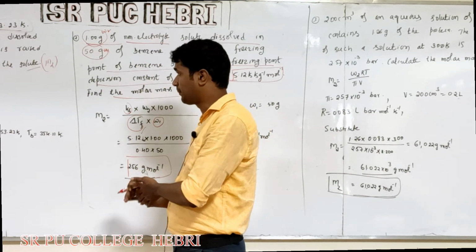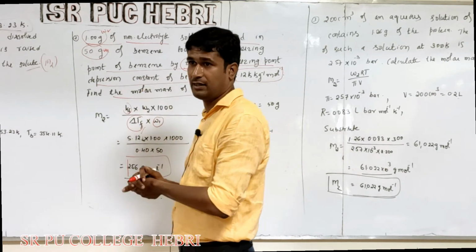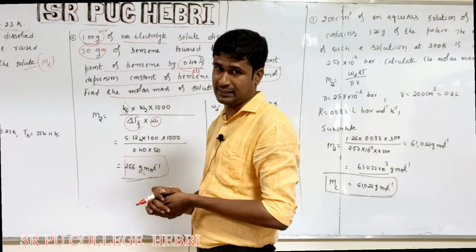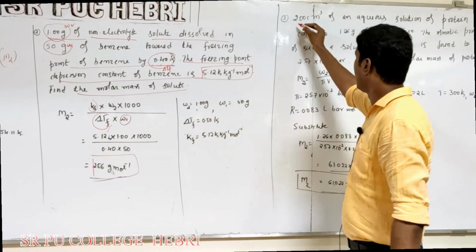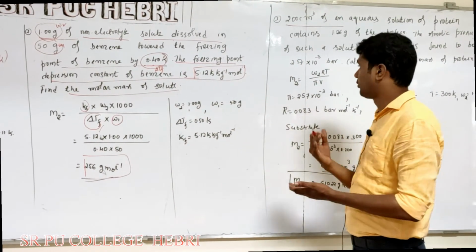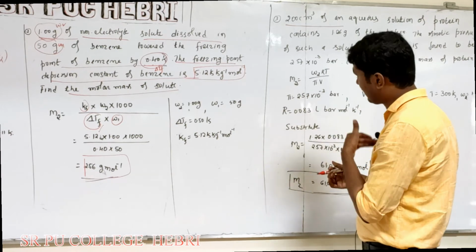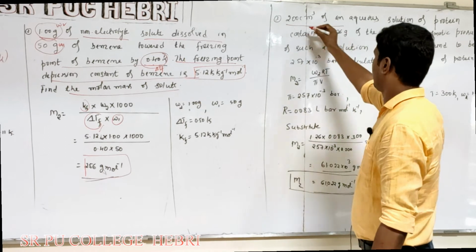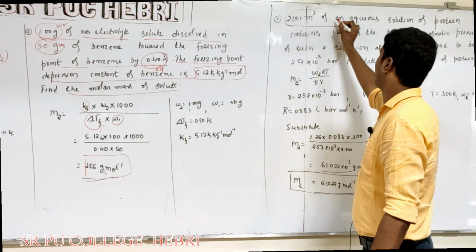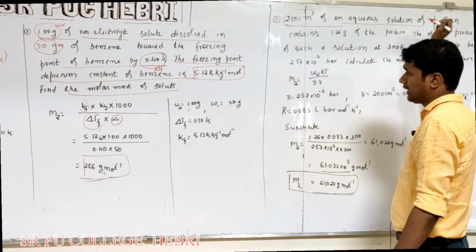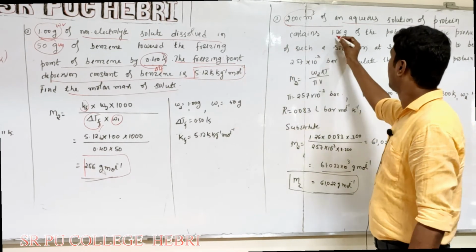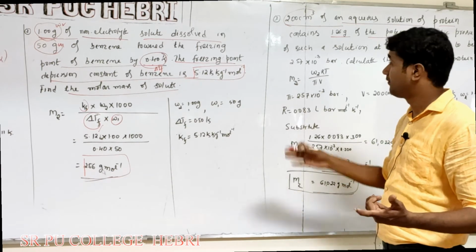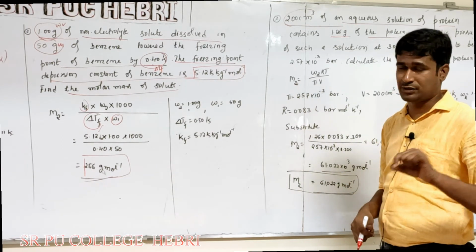Okay, this is also very important, the first one and this one. For 3 marks, definitely they will ask these kind of questions. The last one in this part is, once you read out the numerical, you come to know how to write the formula, and what type of colligative property it is related to. Understood? Here see, 200 centimeter cube of an aqueous solution of protein contains 1.26 gram of the protein. 200 centimeter cube of solution, 200 milliliter of solution is given.